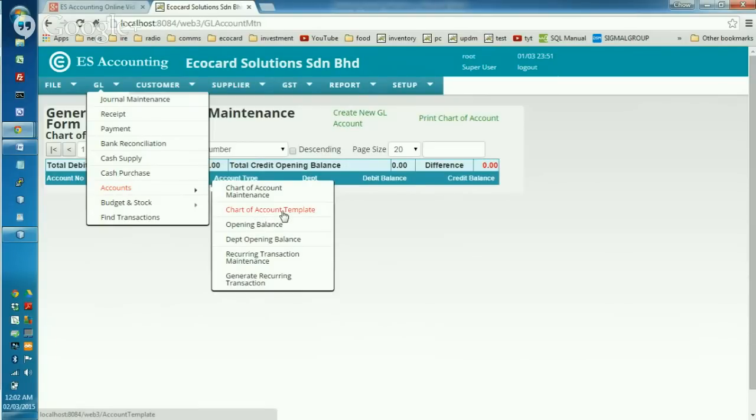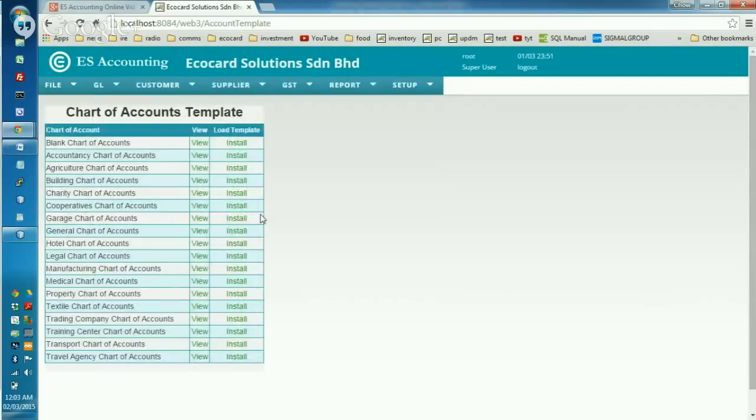But if you intend to create your own chart account, then you have to be careful, and you need to set multiple areas of the account setting. For example, your forex account, your tax account, the GST control account, all these things have to be reset again, right? We will go through that again in another example later on, when we start covering the GST. So for this, we're going to use an existing chart account template,